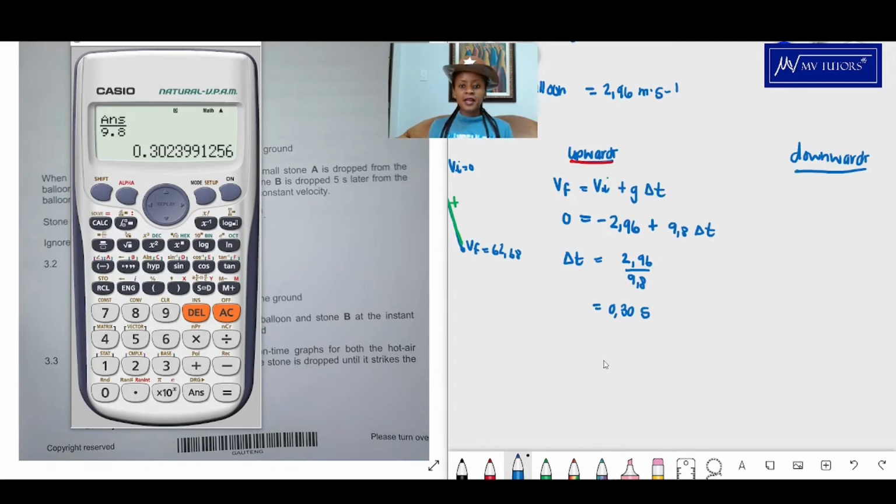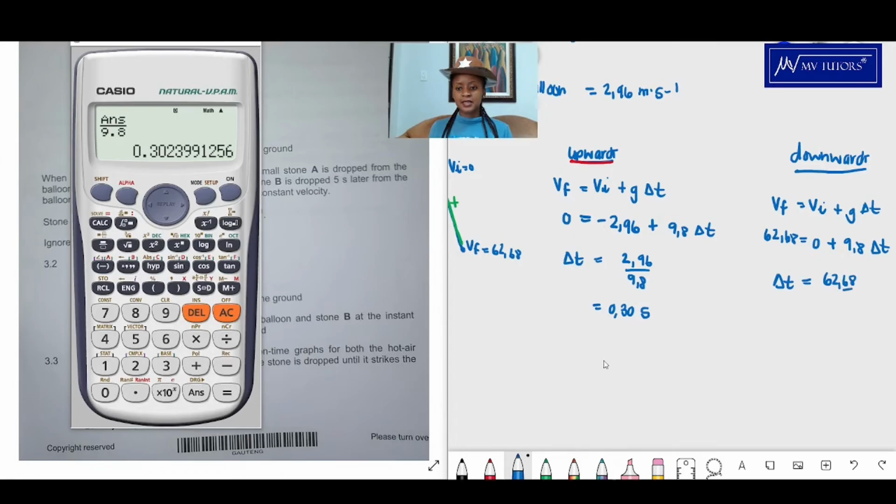Okay, again, I'm still going to use the same formula. My final velocity, I have it at 62.68. My initial velocity is 0. And because now it's going down, well, it doesn't matter because the initial velocity is 0 in any case. And so now time would be